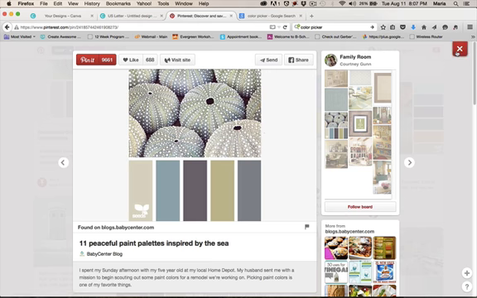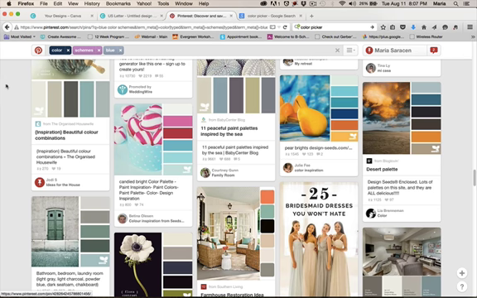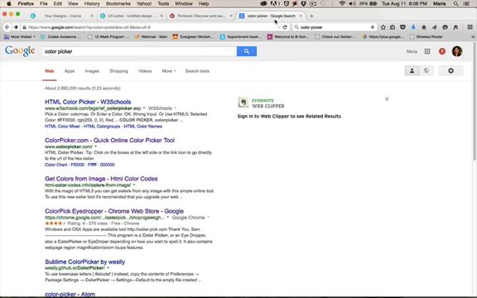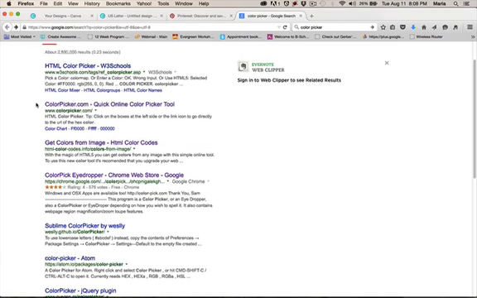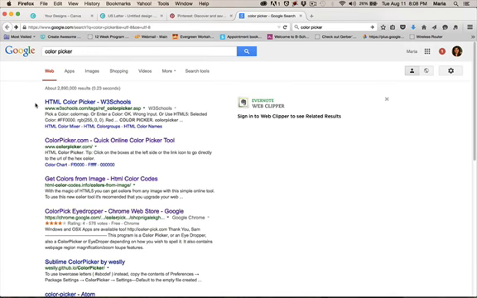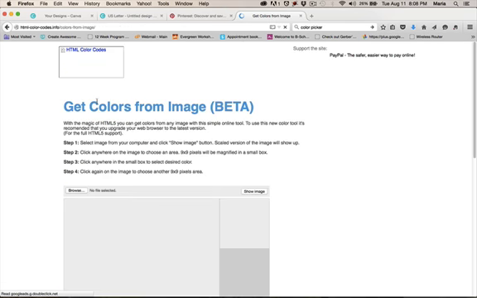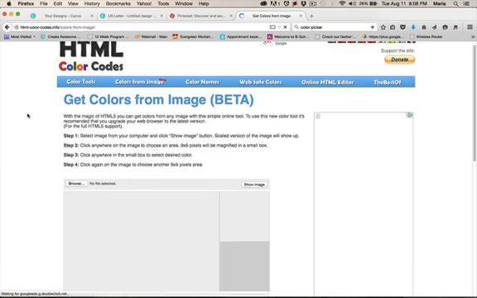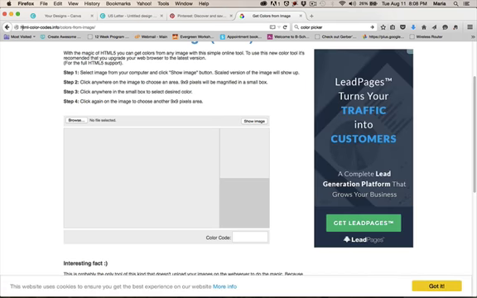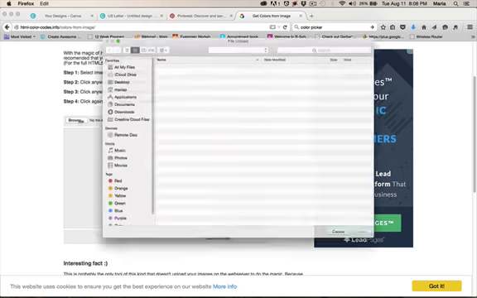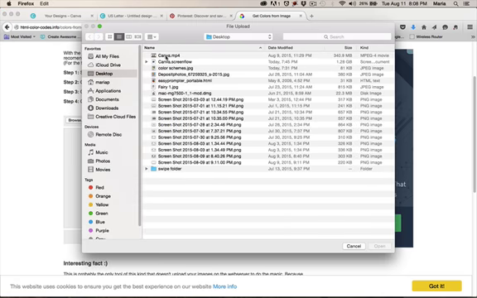Okay, so I've already done this, and then the next thing you do is go to Google and do a Google search for the term color picker. Now lots of options will come up, but the one I love is the one that says get colors from image. It's nothing fancy, but it's really, really easy to use, and it's htmlcolorcodes.info. So I'm going to browse, and I already saved an image to my desktop earlier, and I called it color schemes. I'm going to open that up,